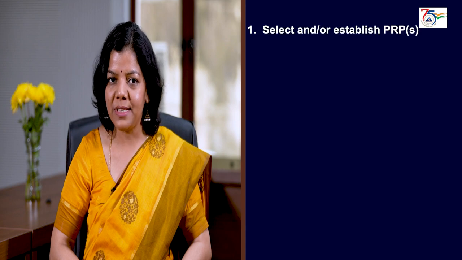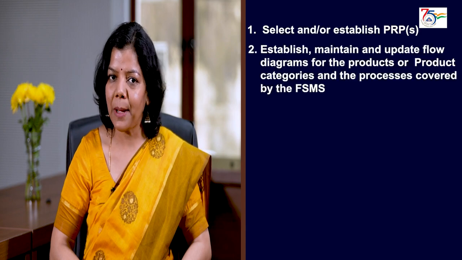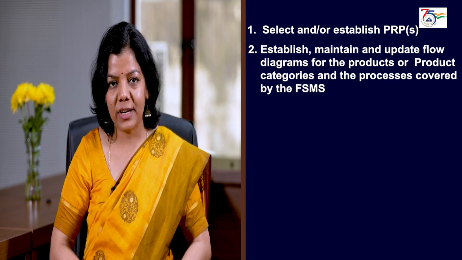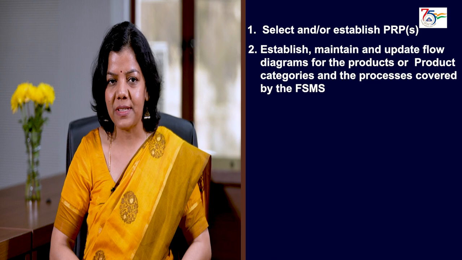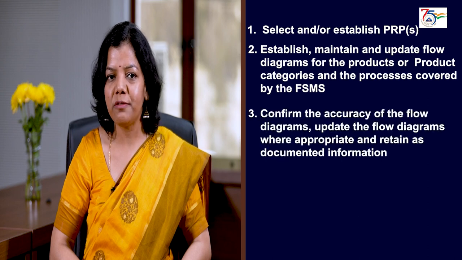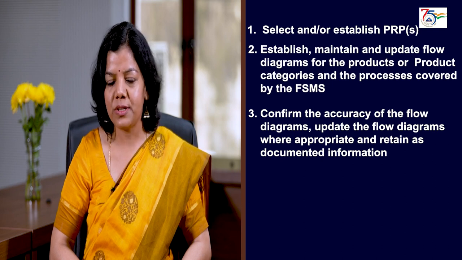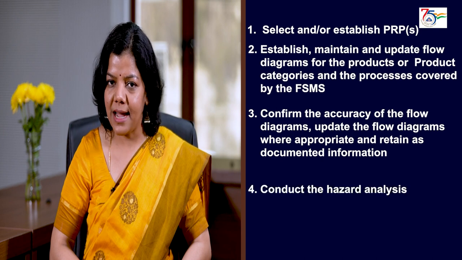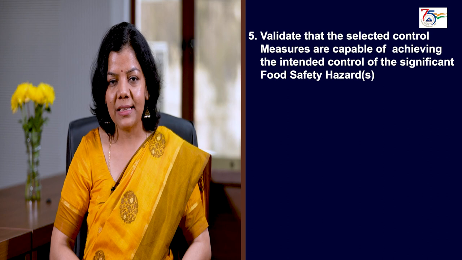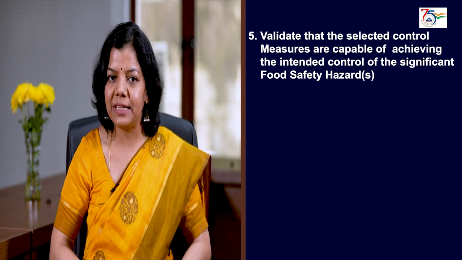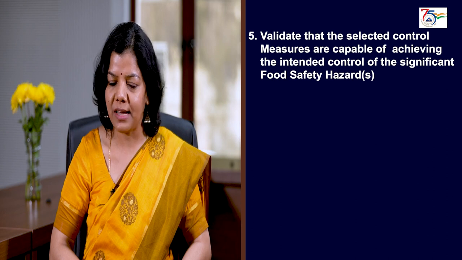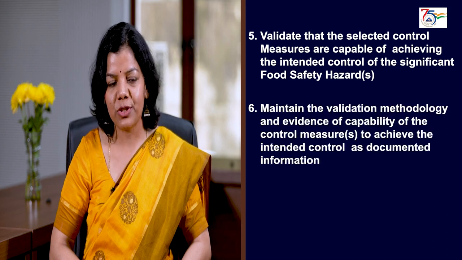Many things. First, select and/or establish PRPs. 2. Establish, maintain and update flow diagrams for the products or product categories and the processes covered by the FSMS. 3. Confirm the accuracy of the flow diagrams, update the flow diagrams where appropriate and retain as documented information. 4. Conduct the hazard analysis. 5. Validate that the selected control measures are capable of achieving the intended control of the significant food safety hazards. 6. Maintain the validation methodology and evidence of capability of the control measures to achieve the intended control as documented